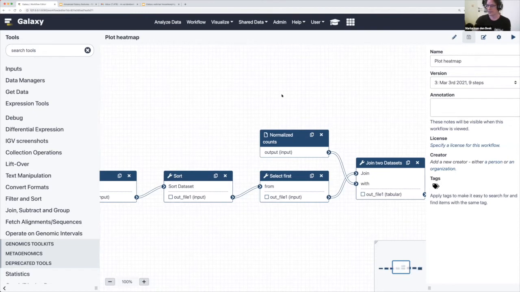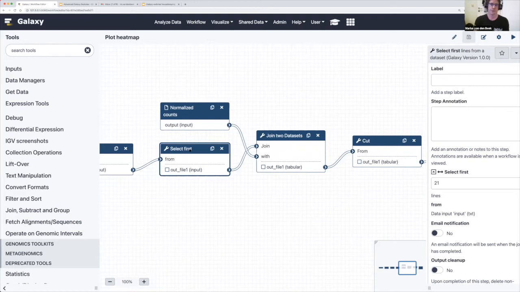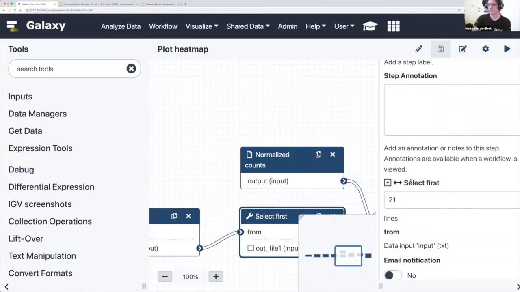So one thing that we can change is, for instance, how many genes are going to be included in the heat map. This is determined here by this parameter. To make it a workflow parameter, we're going to click here on the Add Connection to Module button. I hope that's big enough. So this is this one here. When you do that,